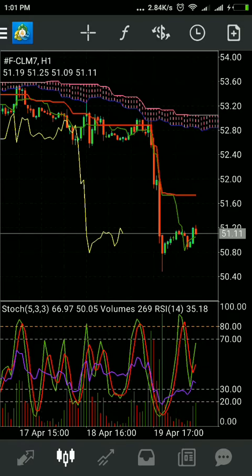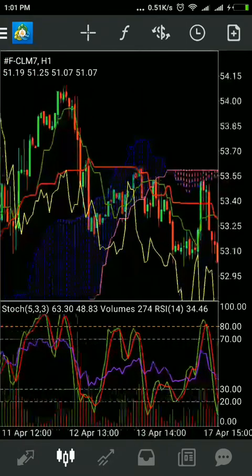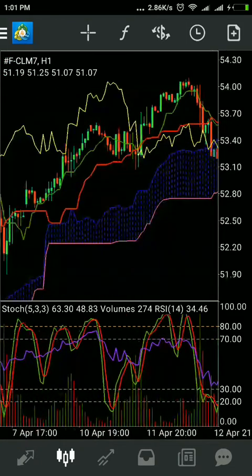The 26 period is this red line. Actually we have a 30 day average in a month, minus 4 days for Sundays, so 26. And the 52 period is 2 months; 26 multiplied by 2 is 52. This Tenkan is very smooth. You will see that here it took support, here.